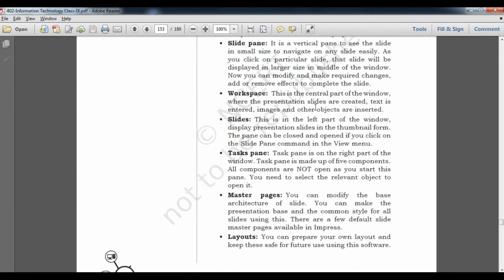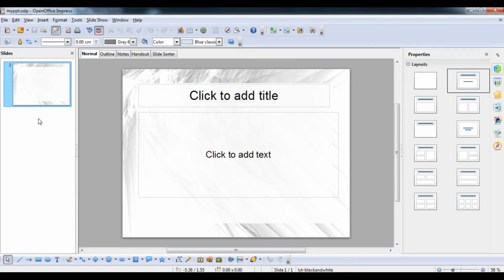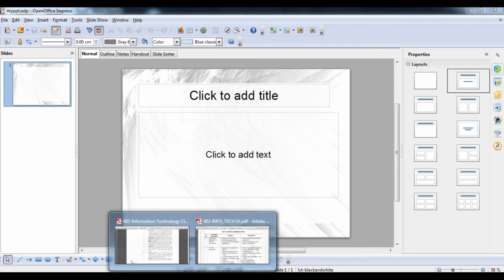Okay, so now we will talk about the slide pane. Slide pane, as I teach you students, helps you to overview the slide. Here I have not written or typed anything, you can see that it is blank. Okay, it is the work area. In the work area, whatever work you are doing will be considered inside this area only.